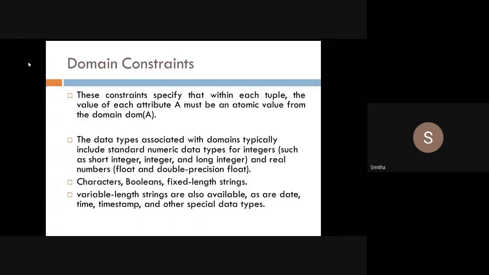For example, now we are storing your details in Google Meet attendance, so it will give at what time each student joined. In that we will have an attribute which is of type time. So that is also possible. Other special data types are also available for this particular domain.